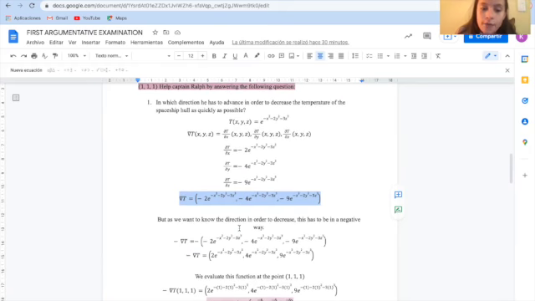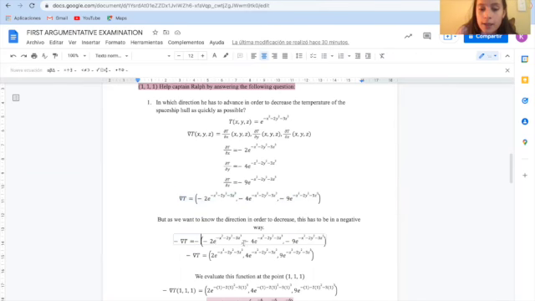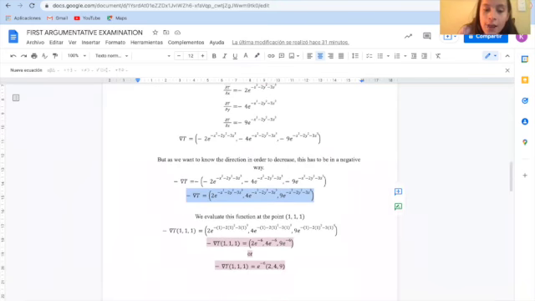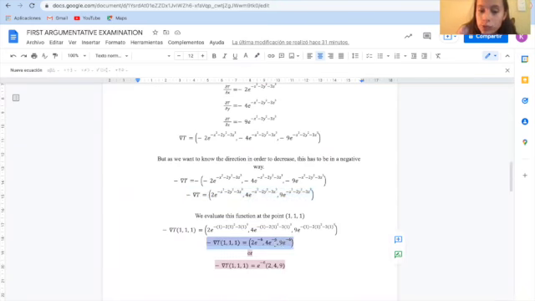And then, as we want to know the direction in order to decrease, this has to be in a negative way. So we have to multiply the direction that we have times the minus. This gives us this result, and this is our direction. But we have to evaluate it at the point (1, 1, 1), as the instruction says. We substitute x, y, z, and this gives us this result, which is the gradient at (1, 1, 1),